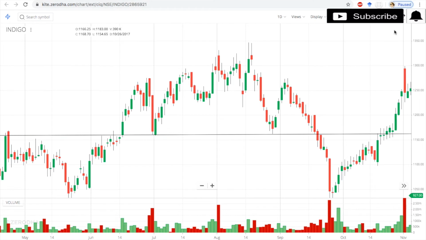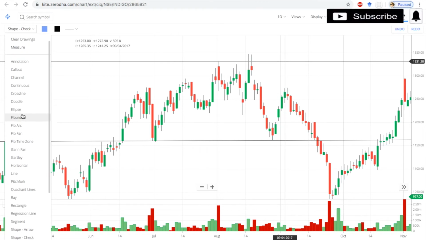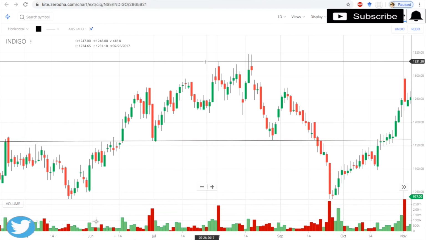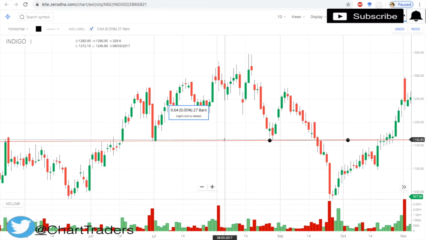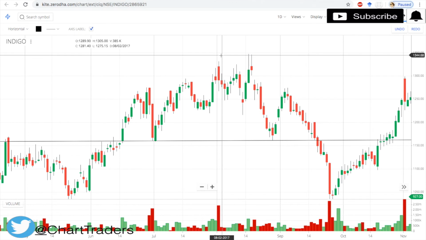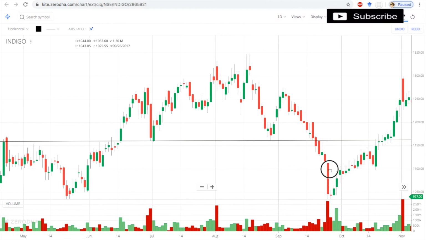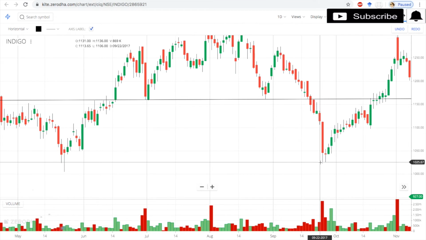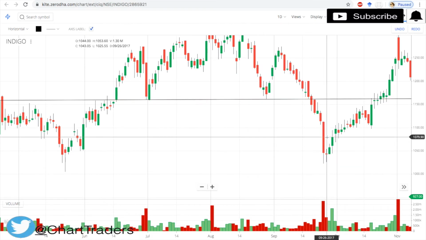What is the target? Here the point is around 1161. Highest you can take around 1340, so roughly 150 points, maybe around 200 points. From here a fall of around 200 may occur, but here only 100 points. So according to your risk management, you can take profit. Normally I will book the profit here, on a second bullish candle.